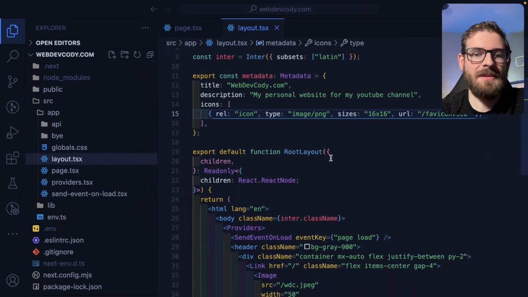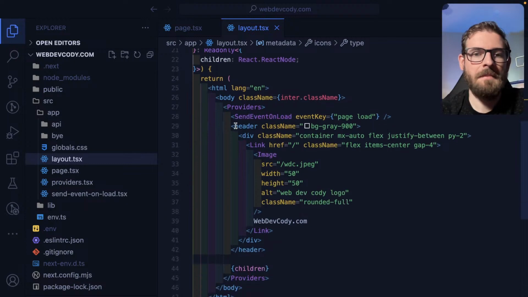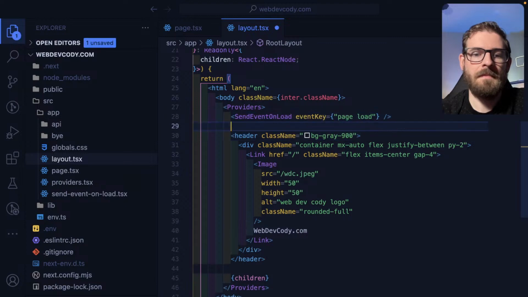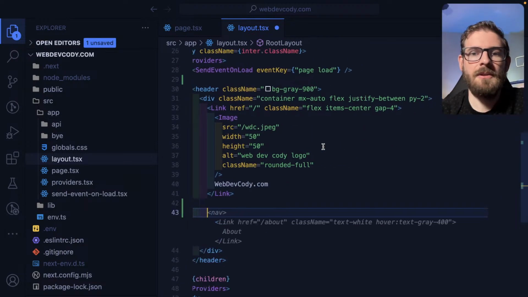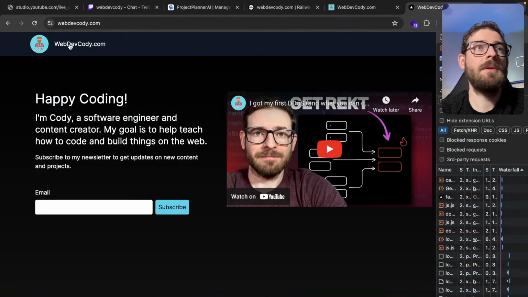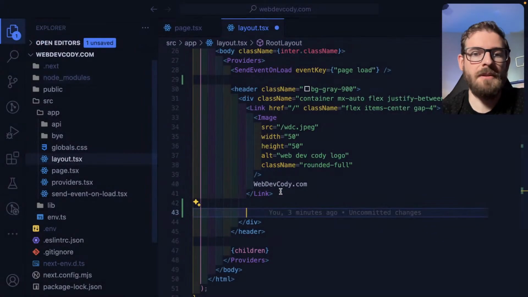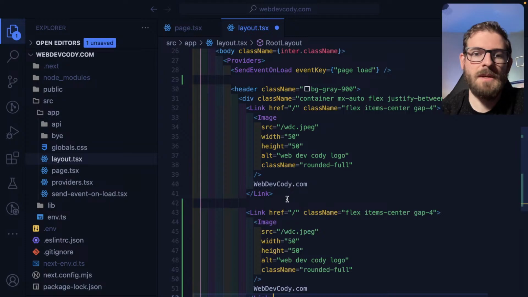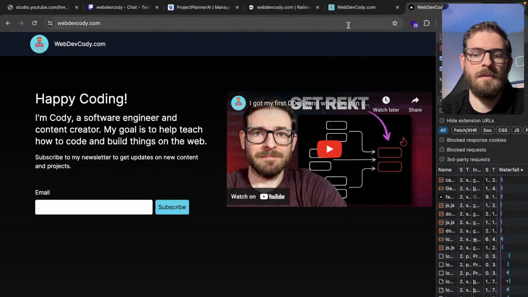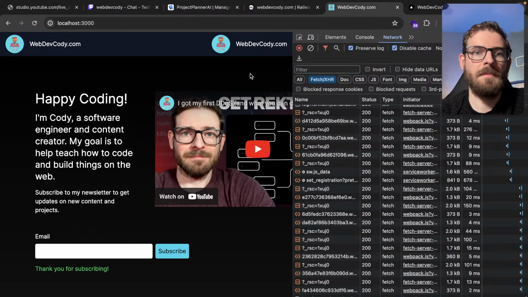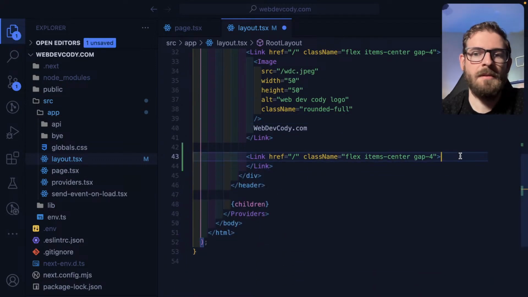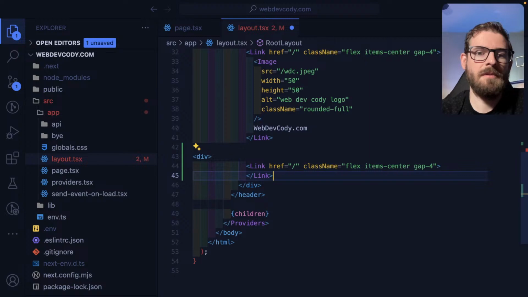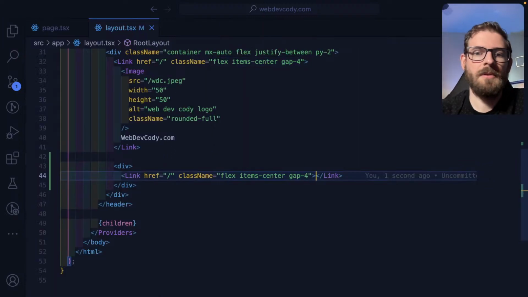So in layout, we could try to add a header. Looks like we have a header already. Just add some links here. So let's just add a link to, got a link on the left. We should probably do a space between and put some links on the right. Specify between. Go back over here. And then we should do a Twitter icon. Probably wrap this in a div. Over here, we could say,